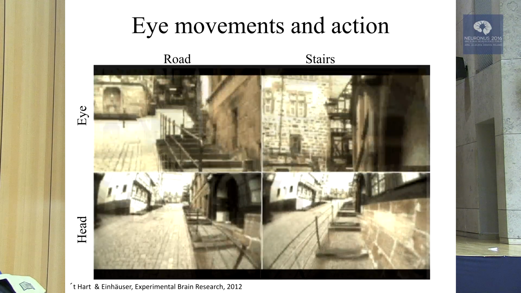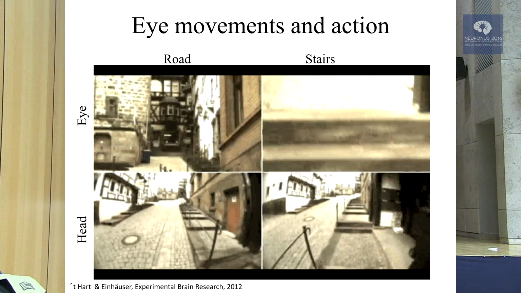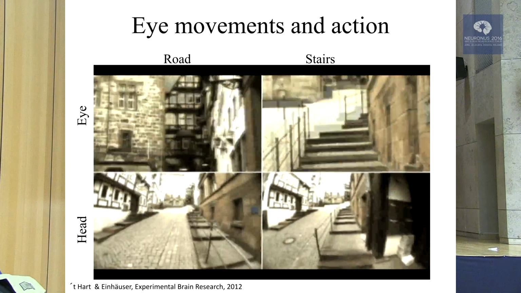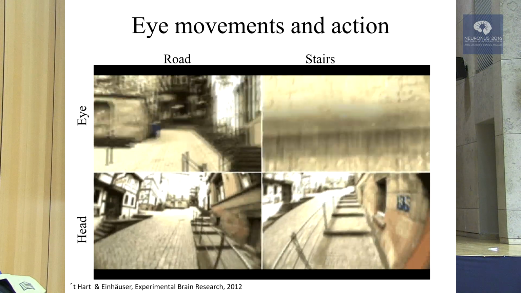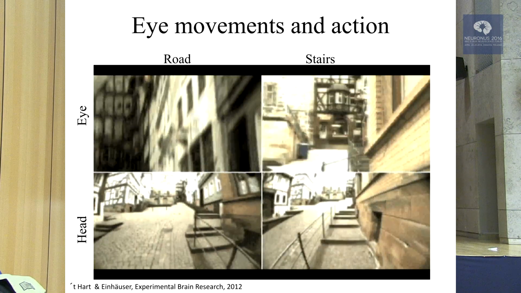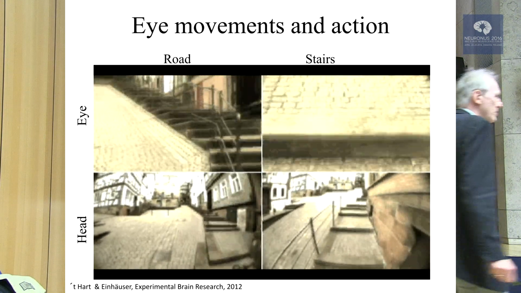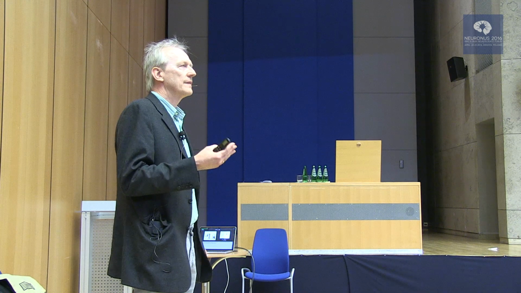And when I start this movie here, you can see that basically this observer is looking ahead and probably just trying to figure out what pub to go to when he's reached the top. But the other observer who takes these irregular stairs basically constantly looks down at the stairs just not to miss a step. So even when you walk down the street, you need your eye movements and the visual information that they get you